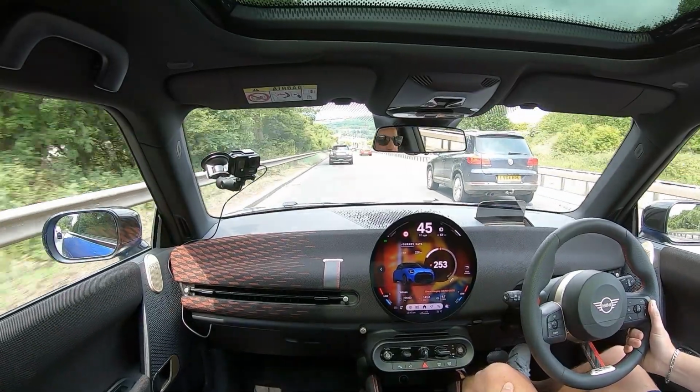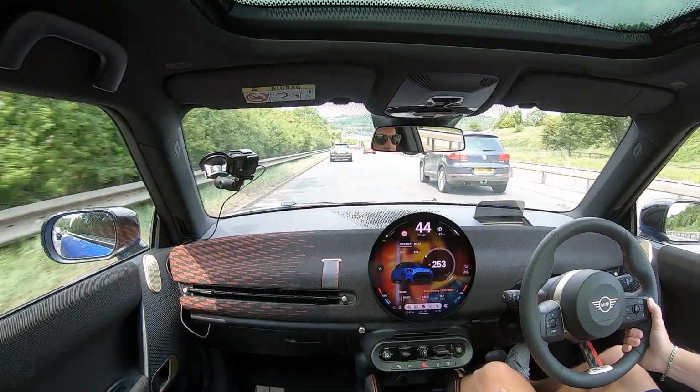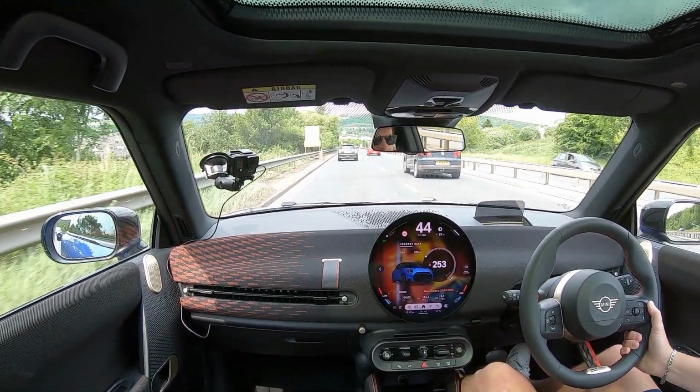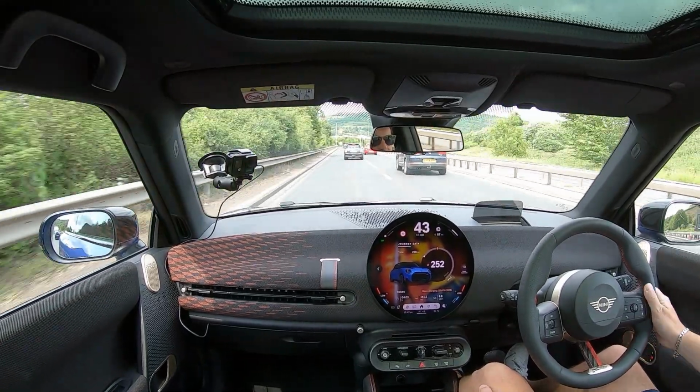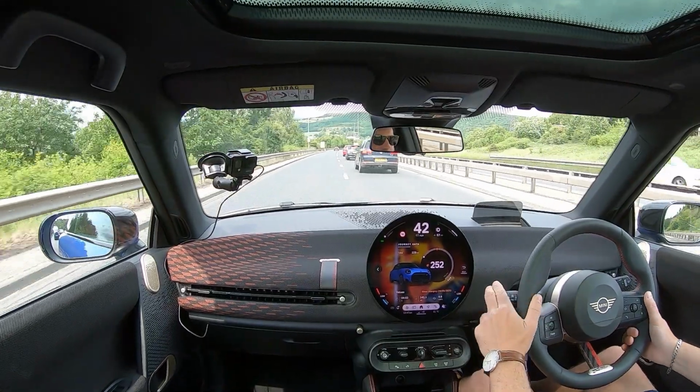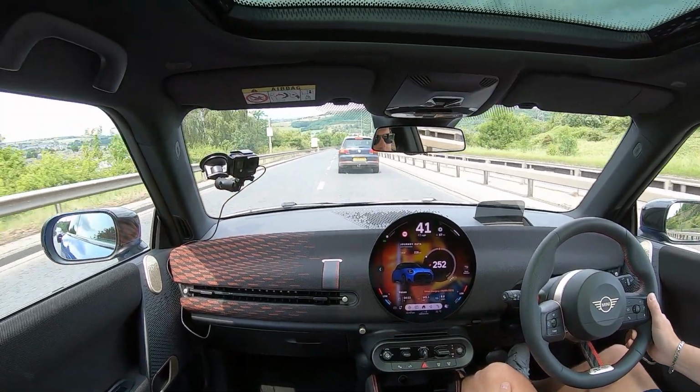So yeah, I don't get the range anxiety thing. I've never had it. I've had the Tesla 7 months now. I've had this, less than a week. I've never had range anxiety at all. Never once. People go on about it. Oh, anxious. What if I run out? What if I run out? But